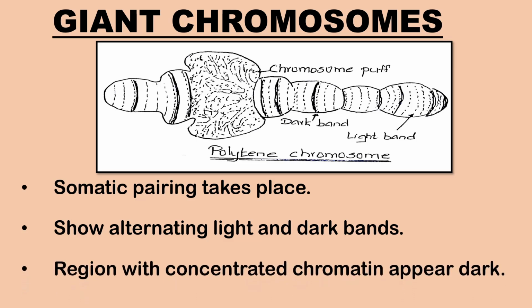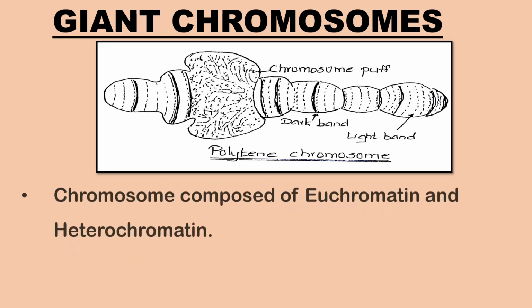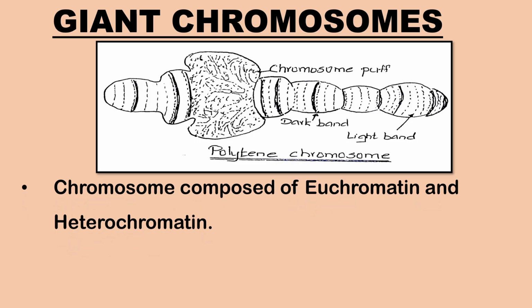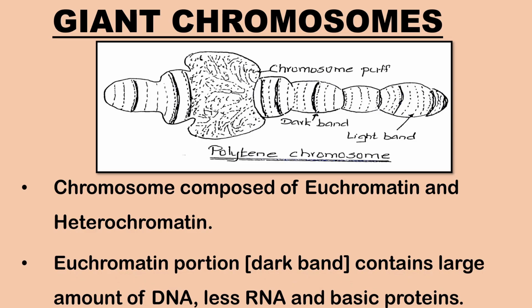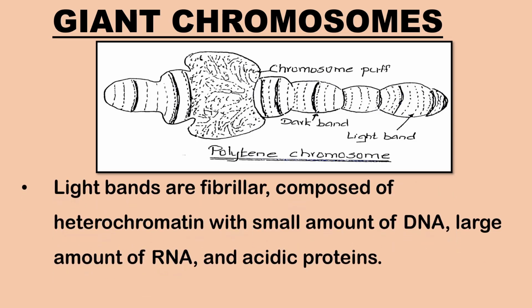The region where concentration of chromatin is high appears dark. The chromosome is composed of euchromatin and heterochromatin. Euchromatin portion or the dark bands contain large amount of DNA, small amount of RNA and certain basic proteins. The light bands or interbands are fibrillar, composed of heterochromatin, which contains small amount of DNA, large amount of RNA